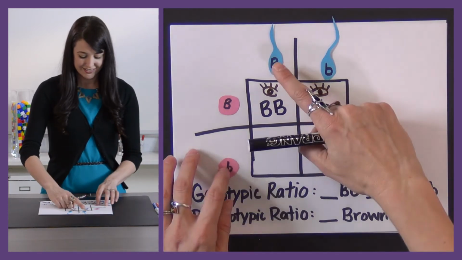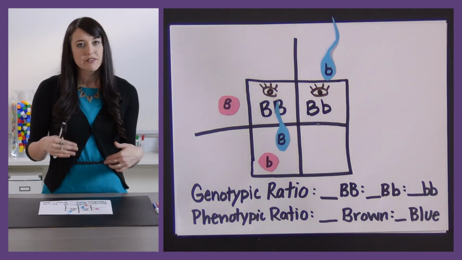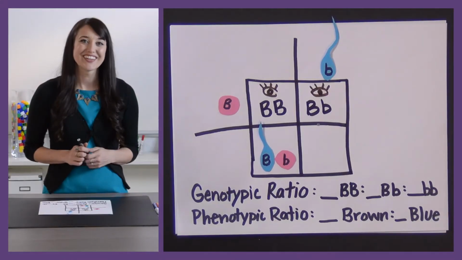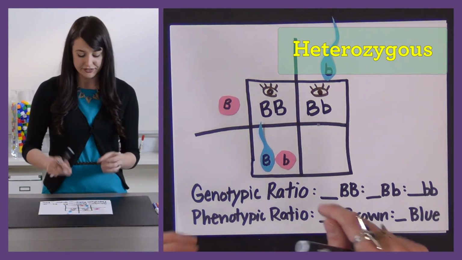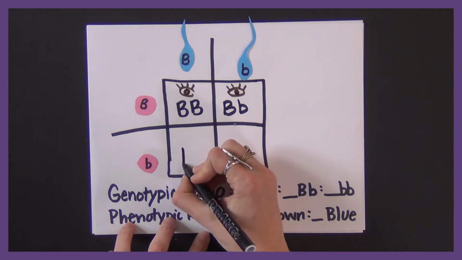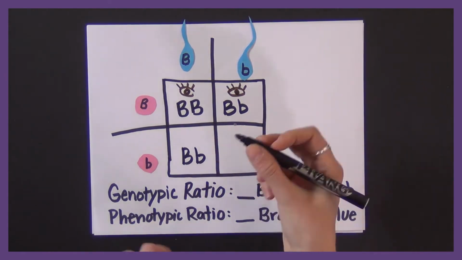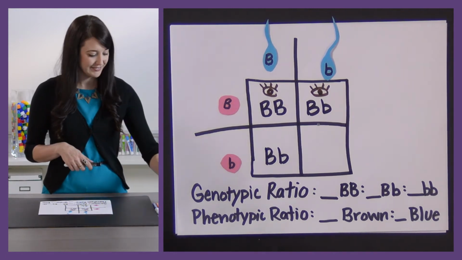In this box, we run into an issue here. Think about your name. You always write the first letter of your name capital with the rest of the letters lowercase. So in this case, we always put the capital letters first to avoid confusion. So this allele is heterozygous, one dominant and one recessive allele. The phenotype of this organism will be brown eyes.